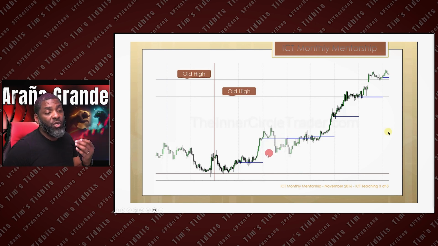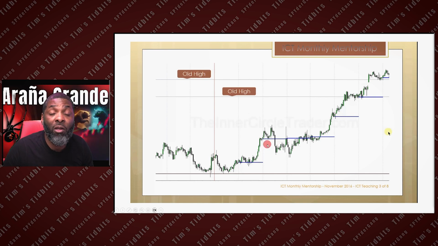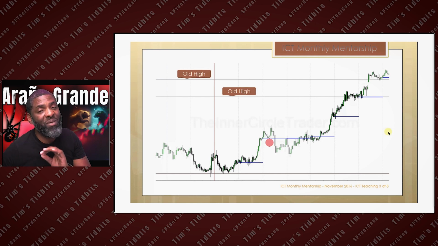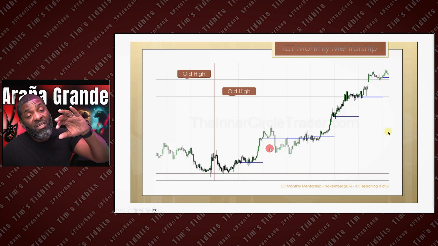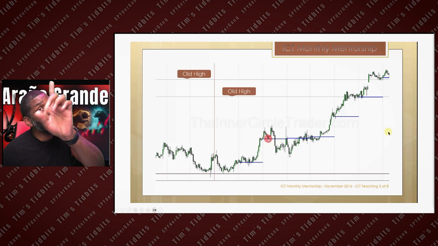You want to see how price reacts. If you're bullish, you want to see price continue to displace if it drops below an open. You want to see price continue to displace if it drops into discount or goes into premium if you're bearish. You want to see the displacement continue at key price points to let you know that institutional sponsorship is still supporting the move. If you fail to see displacement at key places, or if it displaces in a different direction than you expect, you may be wrong.